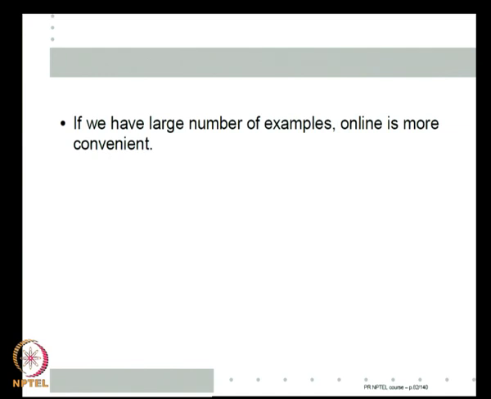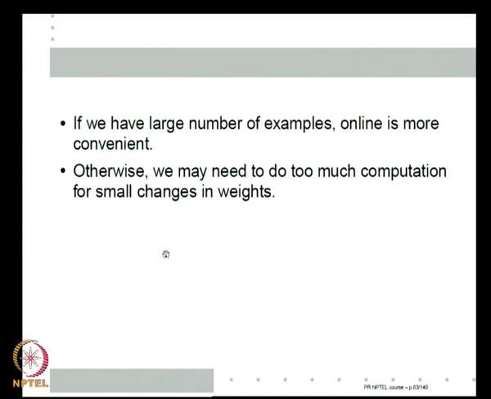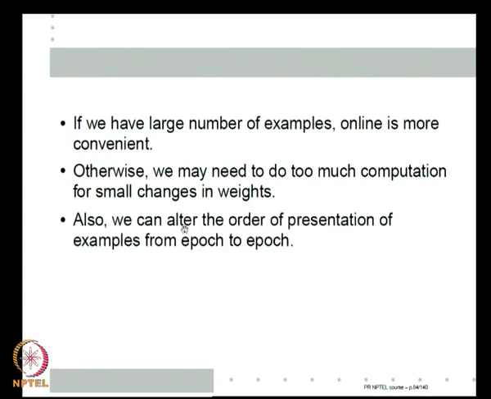Of course, batch mode is nice because batch mode is exactly the right gradient descent of the function. But if you have a large number of examples, online might be better, because otherwise we may have to run through some 1000 examples, do 1000 function computations, and then only my weights will get updated by a small bit. I have to anyway use a small step size, I can't afford to use a very large step size. So, even to change my weights by a small amount, I may have to do a lot of computation, calculating outputs for 1000 input patterns. So, I might be wasting too much computation. This is the reason why if I have a large number of examples, very often online is done.